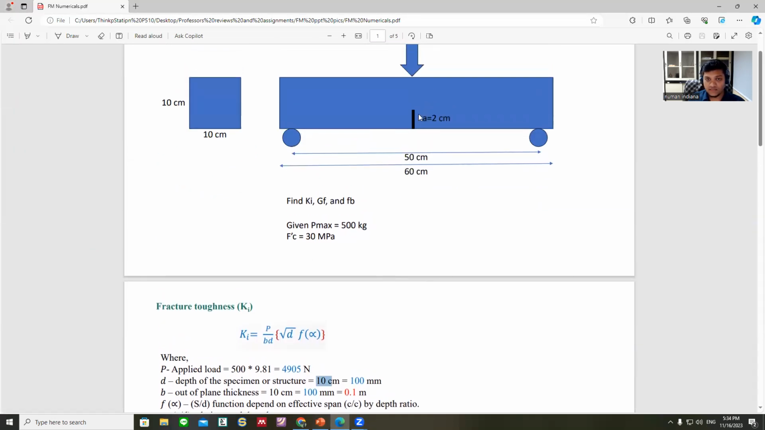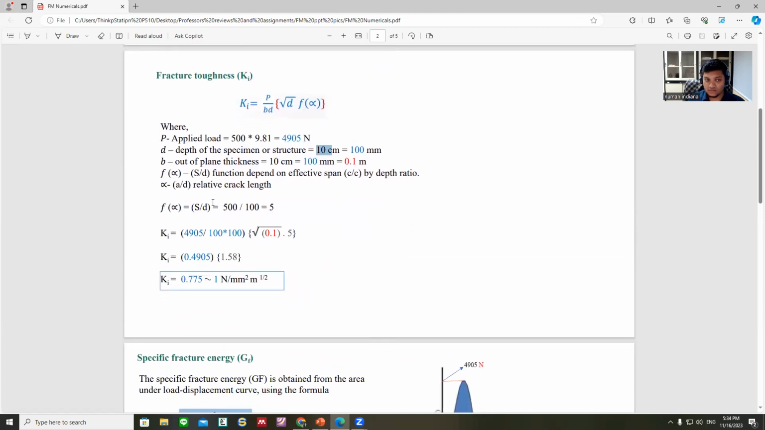So the effective span is 50 centimeters, so convert into mm, 500, and D is the depth, which is 10 centimeter, and divide this, you will get the function of alpha. Just put all these values in the formula and you will get the stress intensity factor or the fracture toughness,